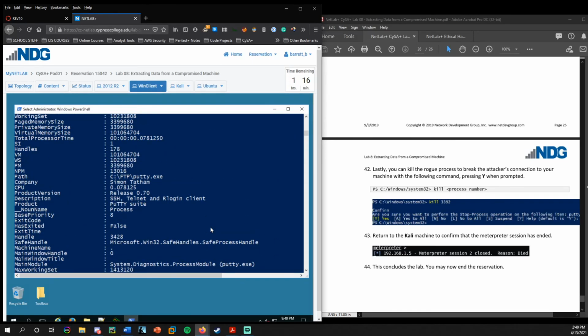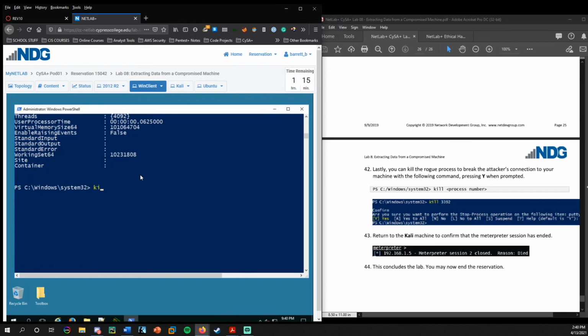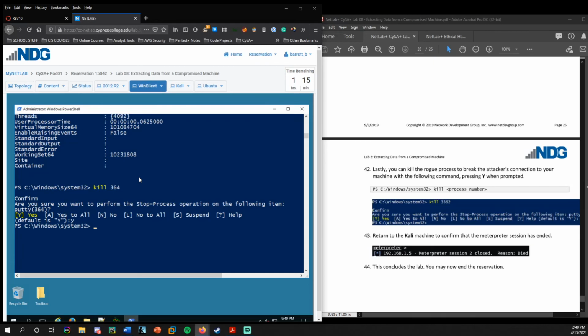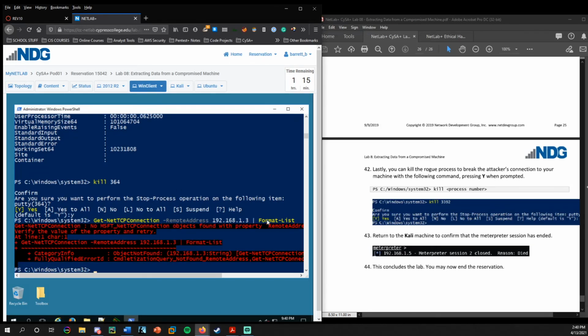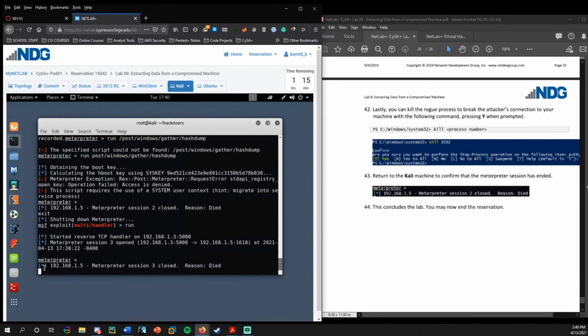And now, because we haven't migrated this, we could run kill 364 on this process. Yes, I'm sure. Okay, this time we don't get any error. If I rerun, I'm going to press up a couple times, look for any connections with this IP. There are no connections found. And if we go back to Kali, we notice that the Meterpreter session has been closed. So that's an example on the offensive security side, the red team side, of why it's important